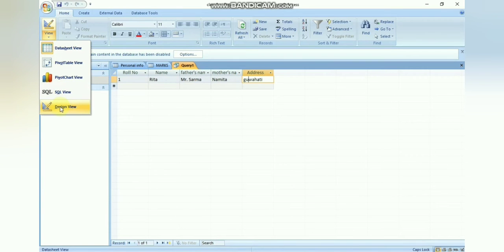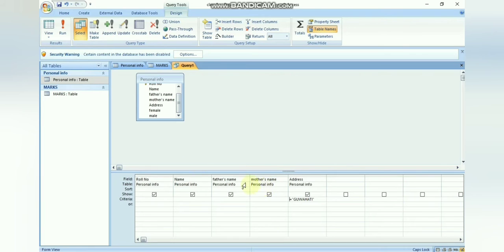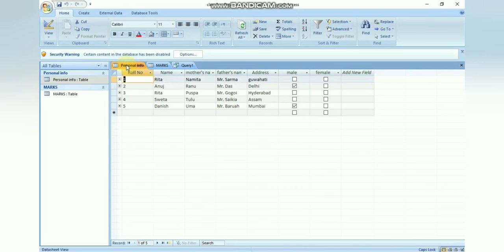Now if I go to design view, I will find the particular query which I have already created here, and from there if I want to give one more criteria, then it becomes a multiple criteria query, and for that we have to use the OR property here. That means we are going to give two place names on the address field. That means either Guwahati, or what can I write is either say Mumbai. Okay, first let us check whether we have Mumbai. We have Delhi. Yes, we have Mumbai.